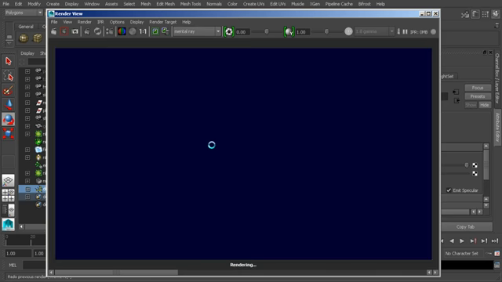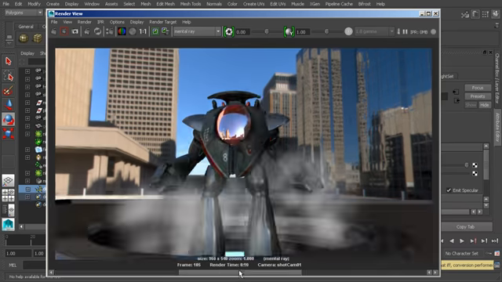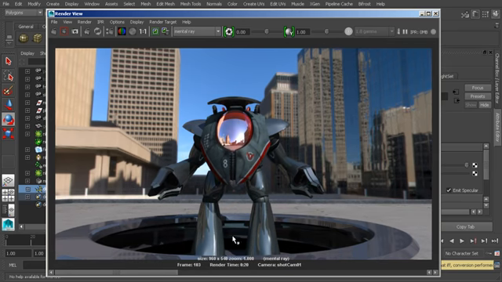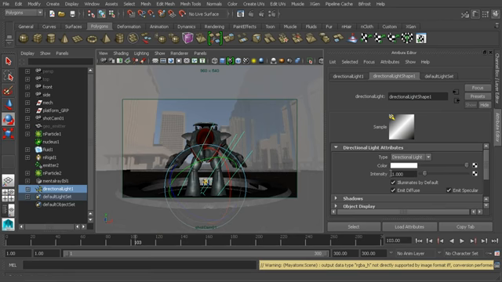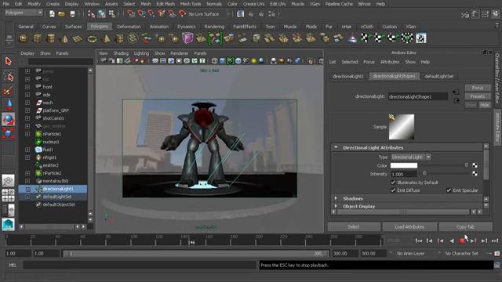Okay, so let's come in and see what that's done for us. So we can take a quick render. Okay, so now we have some direct illumination in here compared to what we had before, and actually we forgot to save a render for comparison, but that's okay. You can definitely tell that we do now have some direct illumination in here, and one of the benefits of having this direct light source is the fact that we can start to get things like shadows with this particular light. So if I play through maybe just a few more frames,